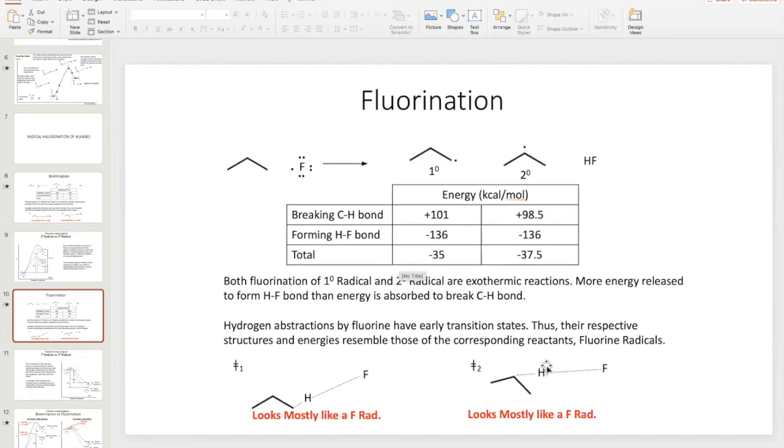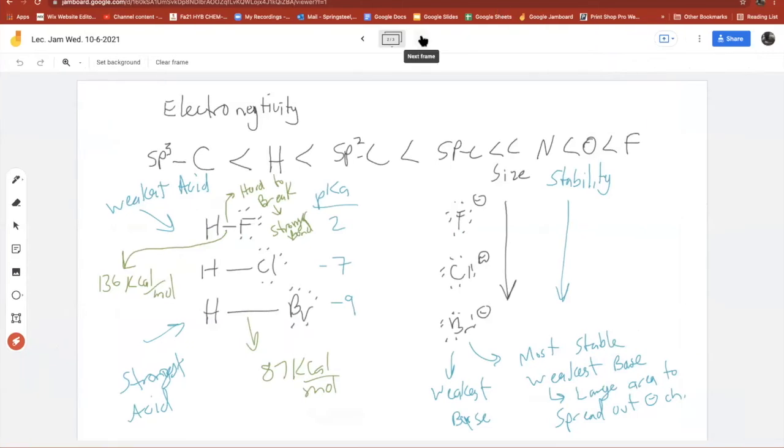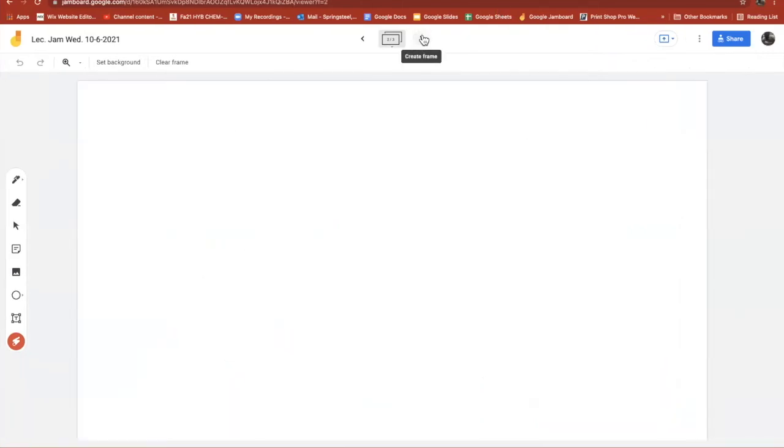So let me do that on the Jamboard. This one's kind of like a long story, but if you work your way through it and understand it, it's nice. It's like, oh, okay, that makes sense. So let me try to do that for you. I'm going to do this mechanism really fast to show you how I want you to be quick about this.